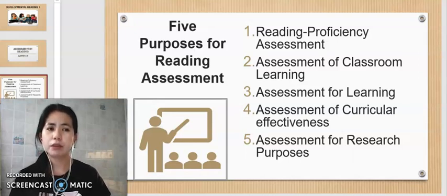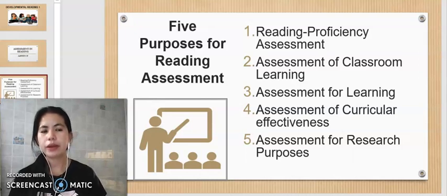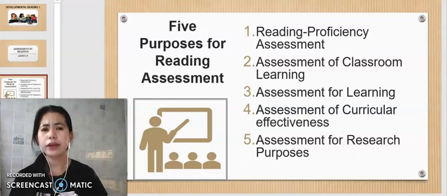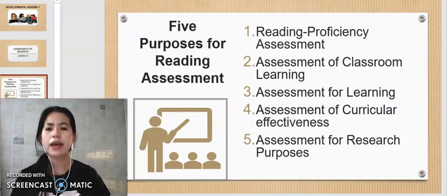Research studies sometimes use standardized assessment instruments to measure students' levels or students' instructional outcomes. In other studies, however, researchers develop their own reading assessment measures for a variety of reasons.